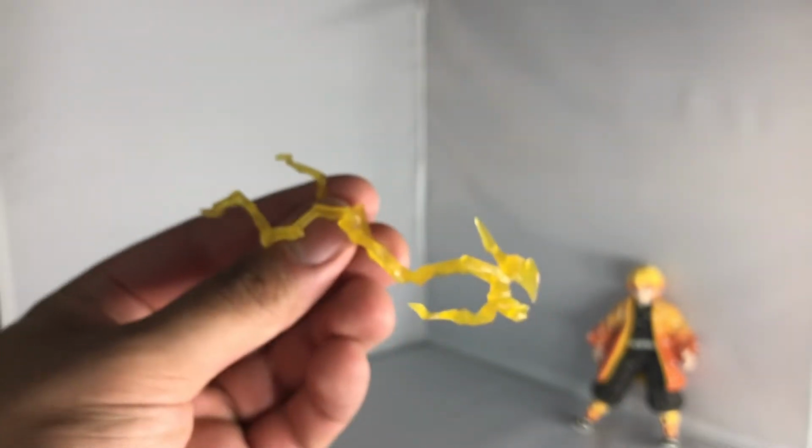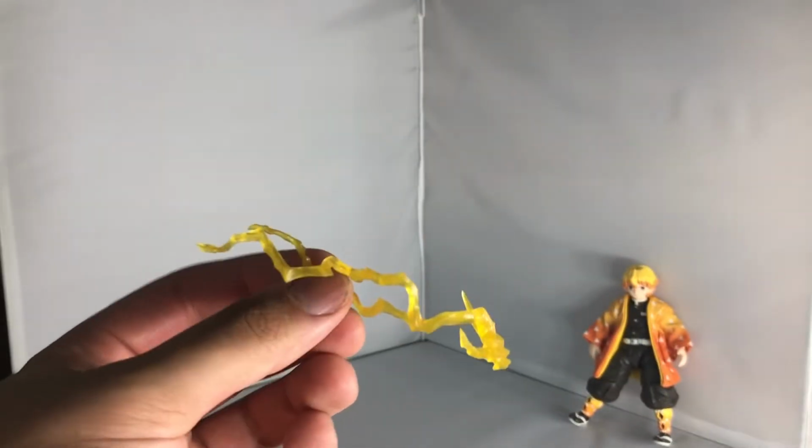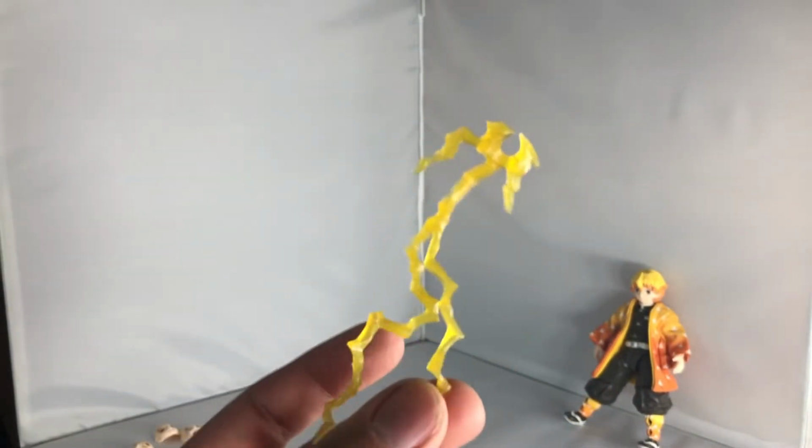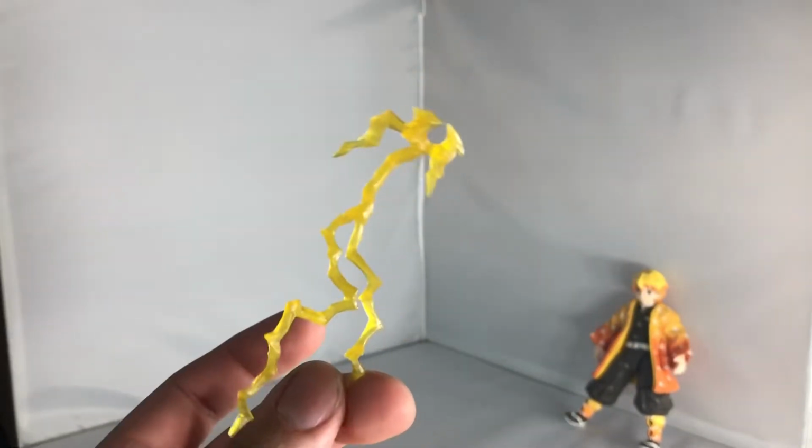We get two thunder style energy effects that I think clip in nicely to his foot. So there'll be like an attachment on his ankle and you just clip them on like so. But I think that's a really nice addition to the figure. It shouldn't be asked for considering these figures are over 100 UK bucks, but it is nice that they included